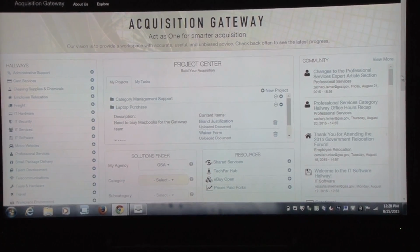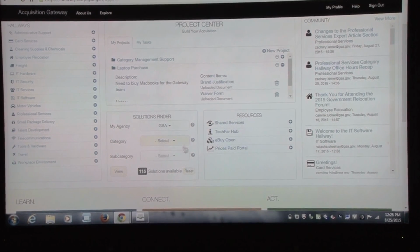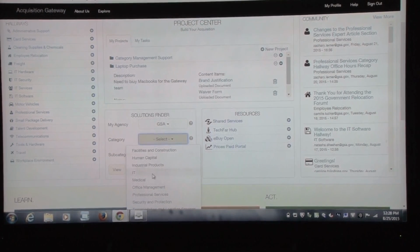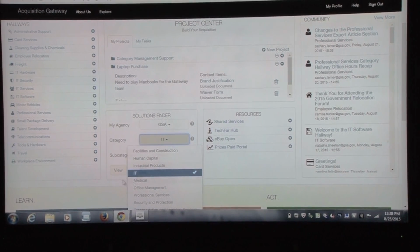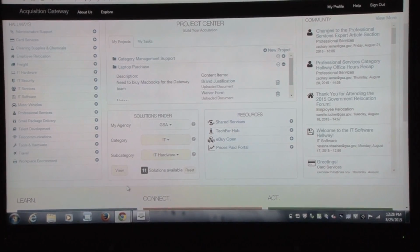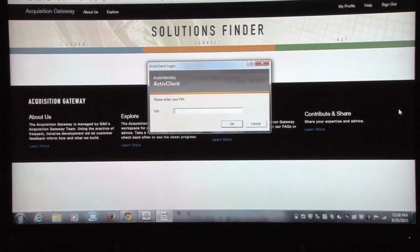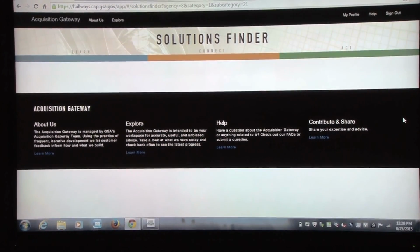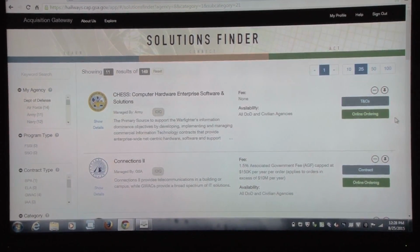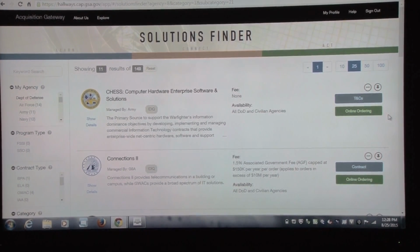Going on this screen, we also have the Solutions Finder, which takes you to the different contracts. This starts out with me as GSA, if I want to buy in the IT category. And then if I want to buy in the IT hardware category, it takes me from 149 solutions to 11. This is what we're referring to as our killer app at this point, because what the Solutions Finder does is immediately give you every agency that has a government-wide contract or a best practice contract